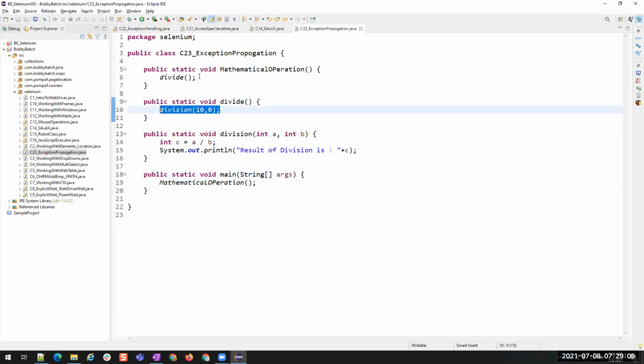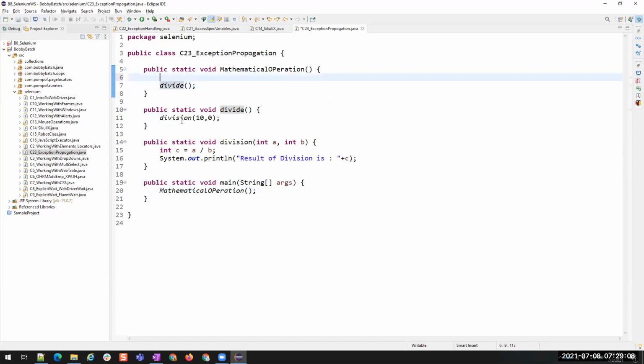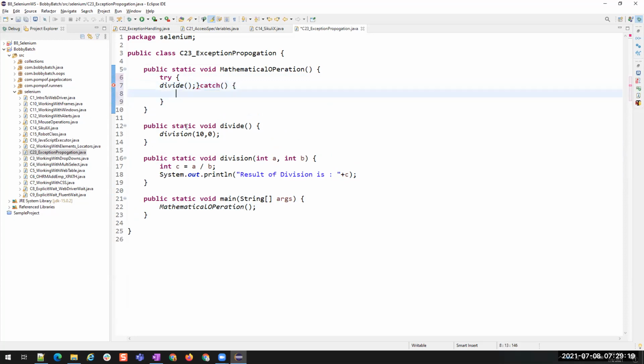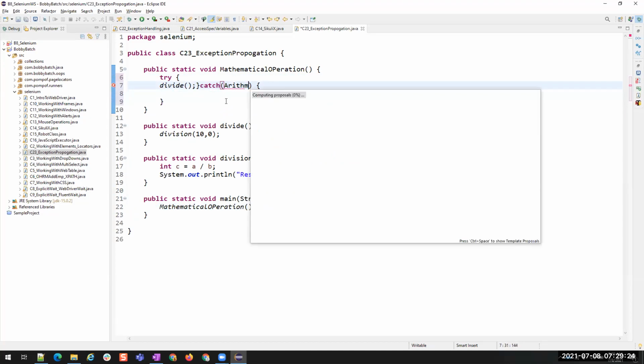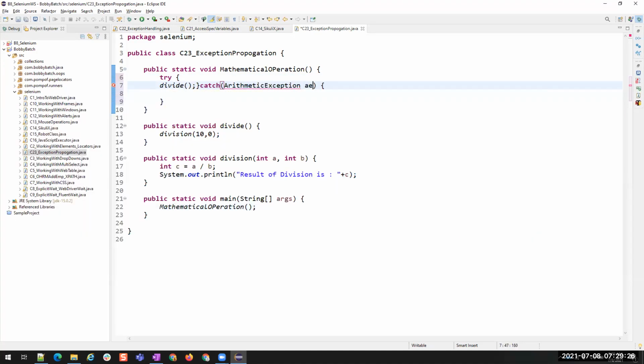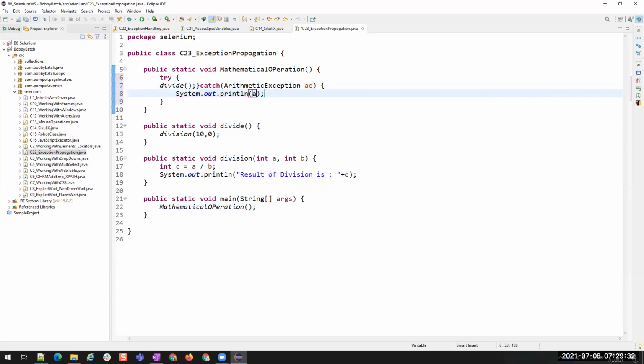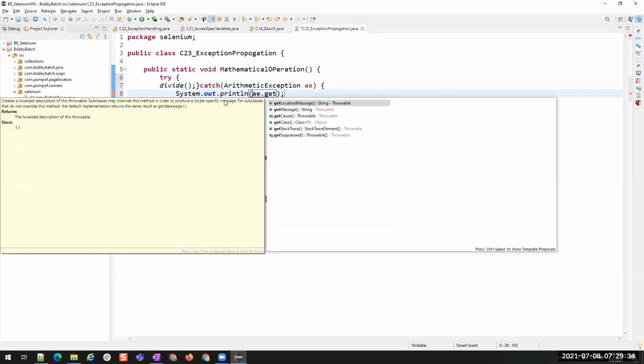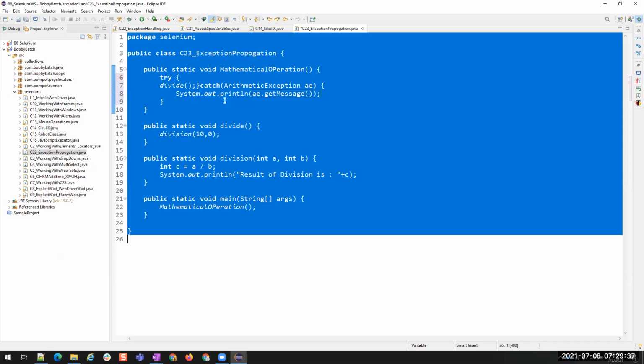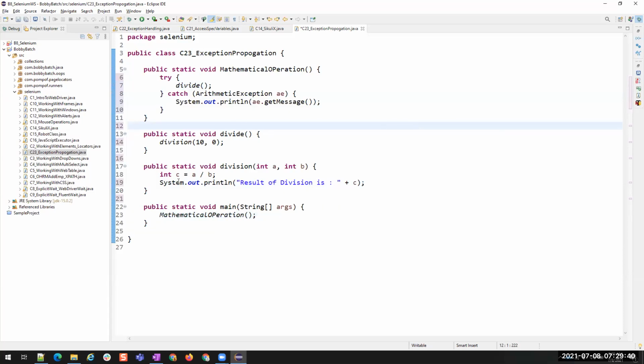Here also we do not have try catch blocks, but let us write a try catch block here. ArithmeticException AE. We'll say System.out.println, AE.getMessage().